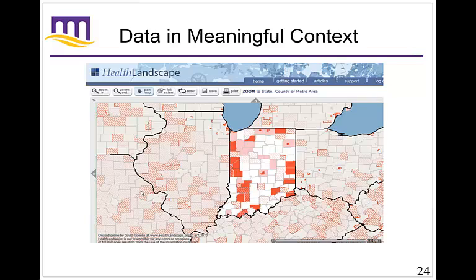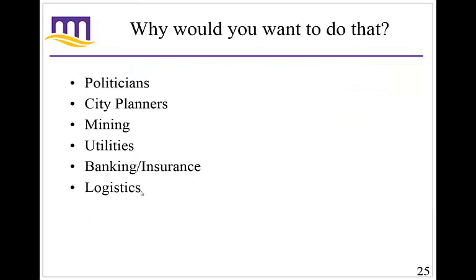Now, this is extremely valuable in a lot of different situations, and it could be something as broad as politicians trying to analyze where should they go to get votes, to how do they make decisions that impact the entire area. So when they're trying to decide what areas need the most support, or which areas need protection, we can look at crime maps and see that these areas need more police officers, or we can look at fire maps to see what areas get the most fires